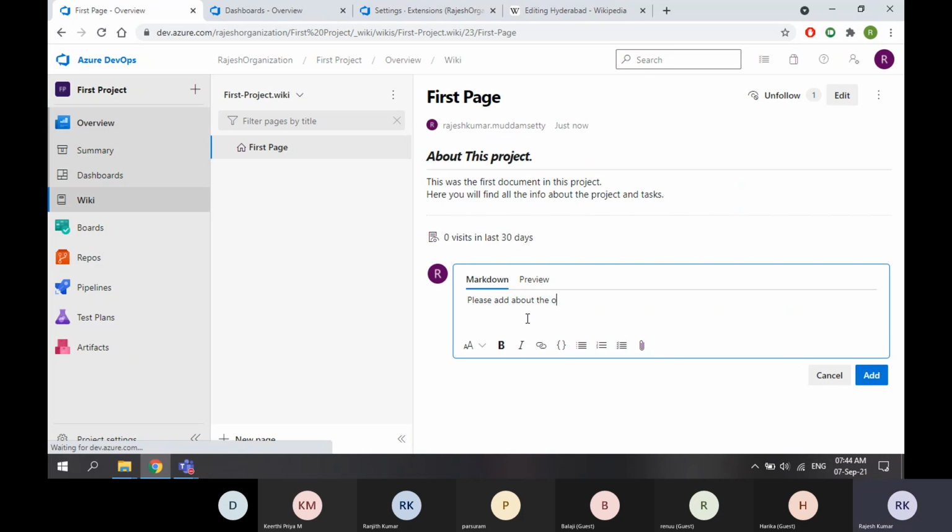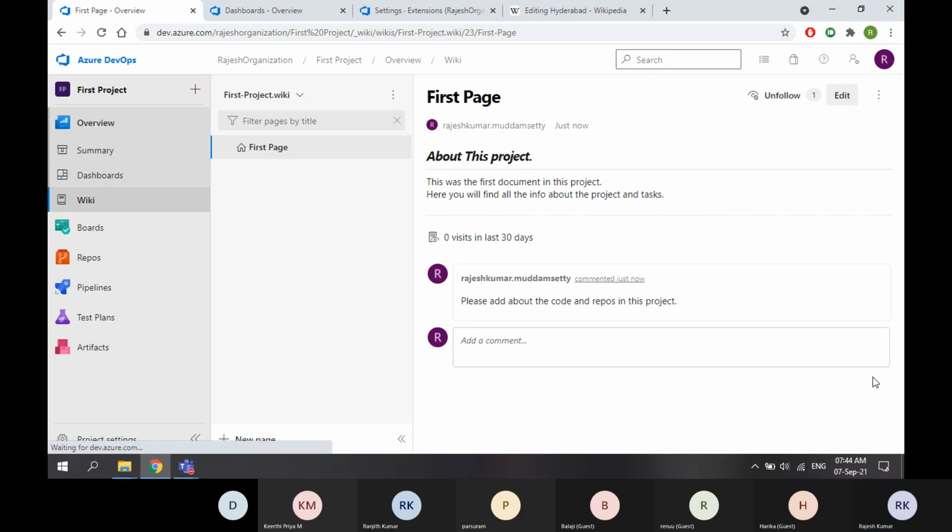Add about the code and repos in this project. So someone wants to comment: please add about the code and repos in this project. Your admin or your lead will log in and they will see, okay, we are missing about the code and repos in this. Let us add something.